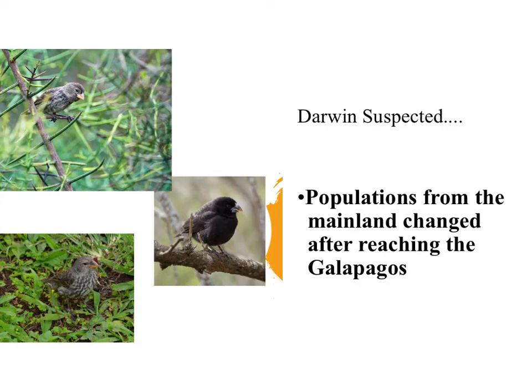So the fact that those finches were so closely resembling one another caused Darwin to think that populations from the mainland flew to the Galapagos Islands, and then they changed after reaching the Galapagos Islands. And that was a new thought, right? Because at this time, the popular opinion was the Earth was only 6,000 years old, and plants and animals were unchanged, meaning the general consensus was birds wouldn't fly from the mainland to the islands and then change on the islands. Okay. So it was a new thought.